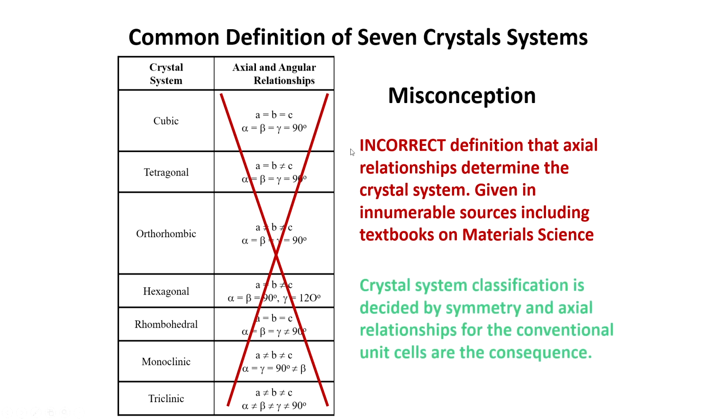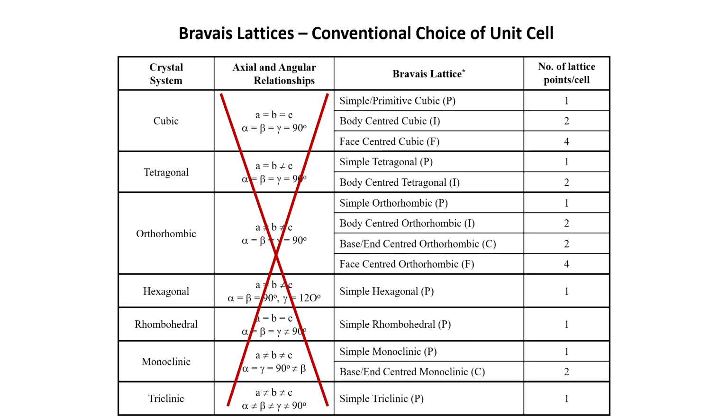Now, how to look at this? How do I define then the 7 crystal systems? The 7 crystal systems, the classification is decided by symmetry, and the relationships like axial and angular relationships for the conventional unit cells are the consequence. So, in this course we will be going into symmetry in quite some depth, and with that we will try to understand what is the crystallographic basis for the crystal system,